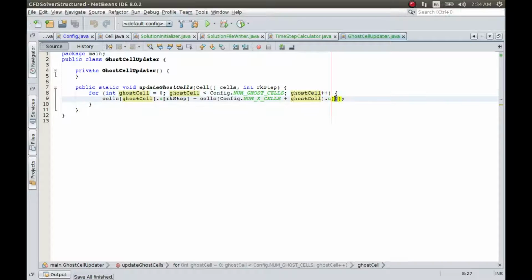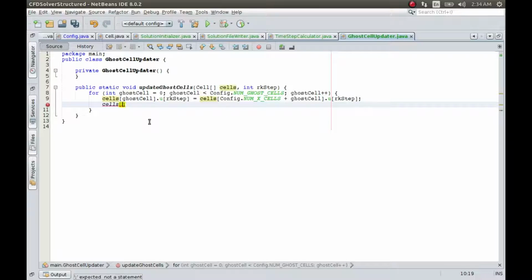Okay, this is going to be RK step. Let me just check. I hope I have not made a mistake here. RK step. This is going to be ghost cell RK step. Okay. Also, this has copied the left hand side ghost cells. Let us also do it for the right hand side ghost cells. So those are going to be